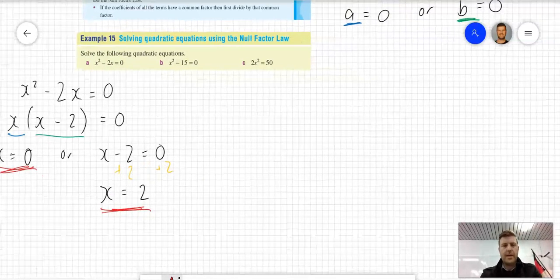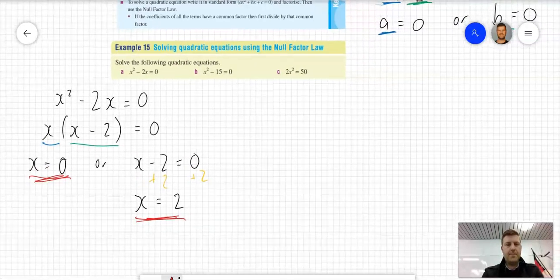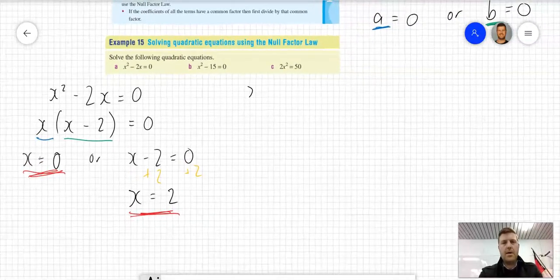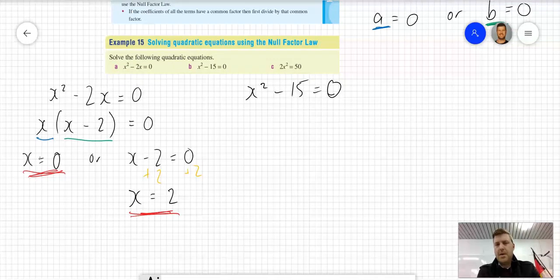All right. Second example I'm going to look at here is x squared take 15 is equal to 0. Now, there's no common factor there, but I can factorize this. Now, x squared is a square term, 15 is not, but I can write it as a product of its surds. And I can factorize using surds, so x plus root 15 times x take root 15